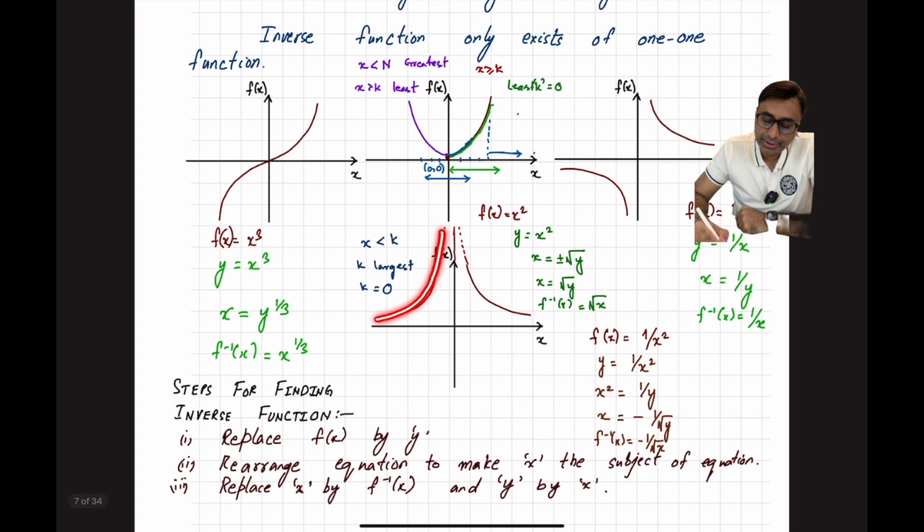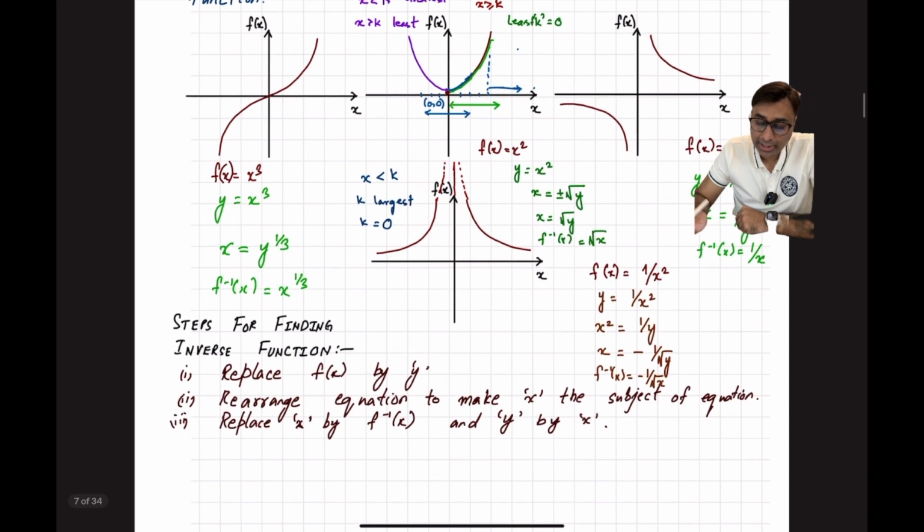The function is increasing and then decreasing again, and you can again see it's repeating itself. So yeah, this is a function, but this does not have an inverse function. Now, once you have identified that the function has an inverse, it's a three-step process to find the inverse